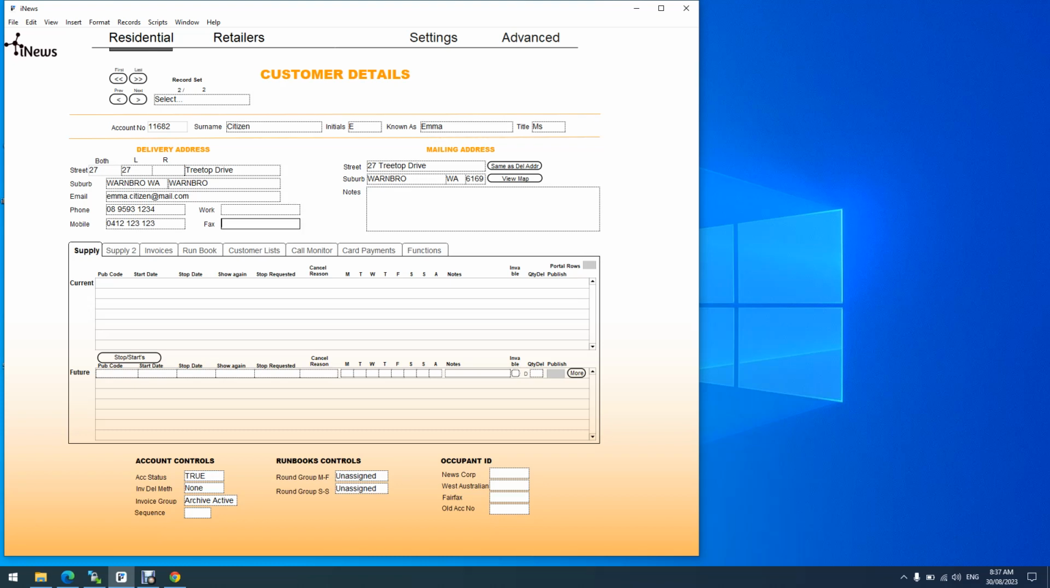And then if the subscriber has a work or fax number that you wish to record. When you press tab or go across to the notes field, you can place any variety of notes in here that you want to keep on this subscriber. When you've done that,